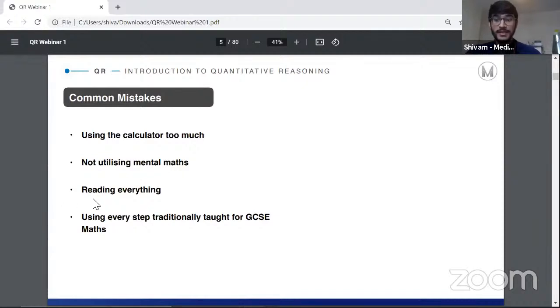They seem to kind of skip and only read the first sentence, and then they go straight into the question, and they do all this complicated mental maths, and they write lots of things down on their whiteboard, but actually they get the wrong answer because they just didn't read it in the first place. And then finally,